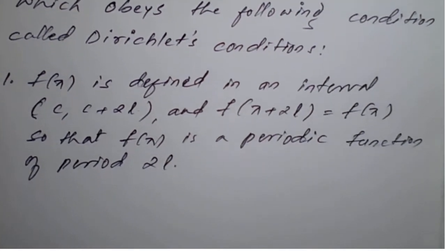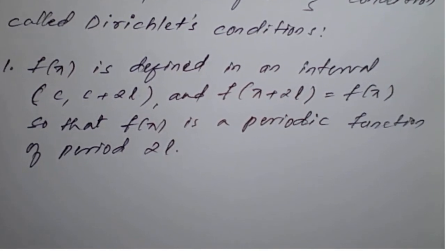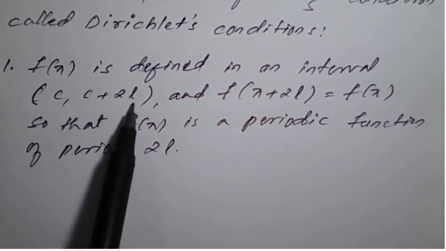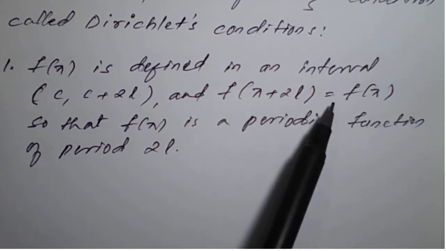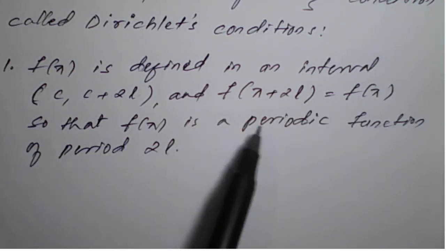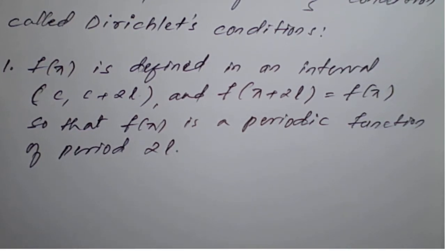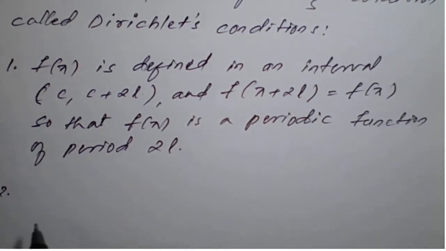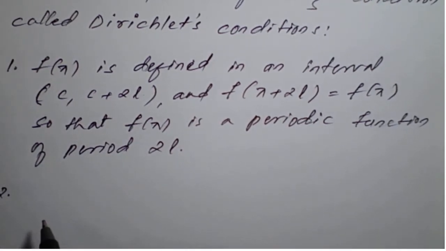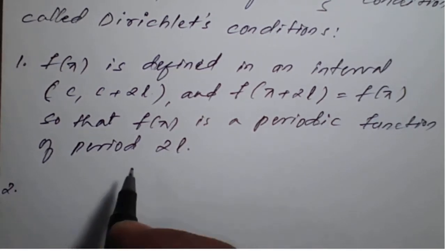So f of x is defined in an interval c to c plus 2l, and f of x plus 2l is equal to f of x, so that f of x is a periodic function of period 2l. Now the second condition,